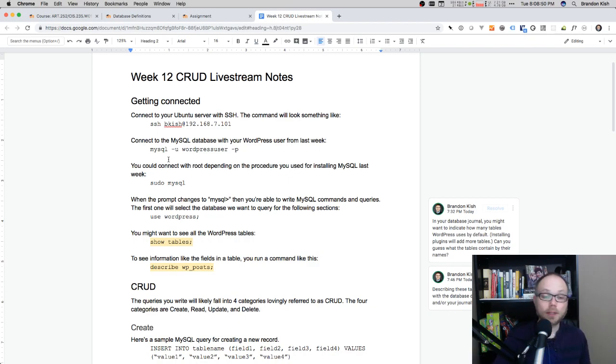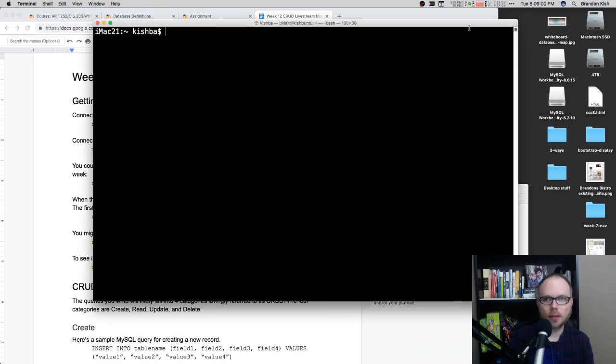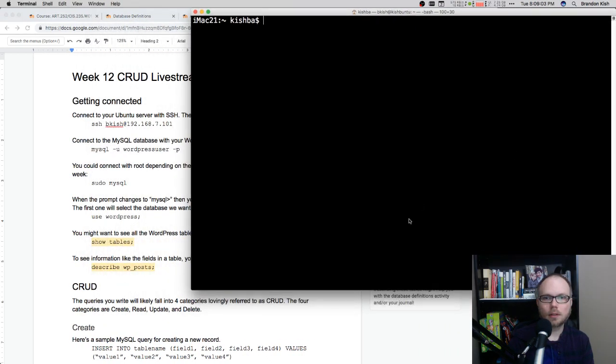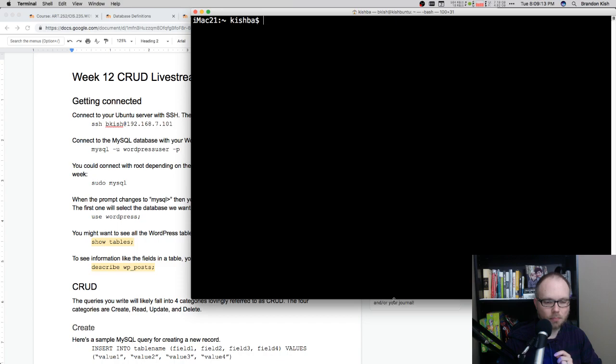So the first thing that I want to do is make sure that you can connect to your VM still. So I'm going to try to arrange my screen so that we have my notes up and we also have my Linux VM up. So remember, I am not running VirtualBox on this computer because it would literally melt this poor machine.